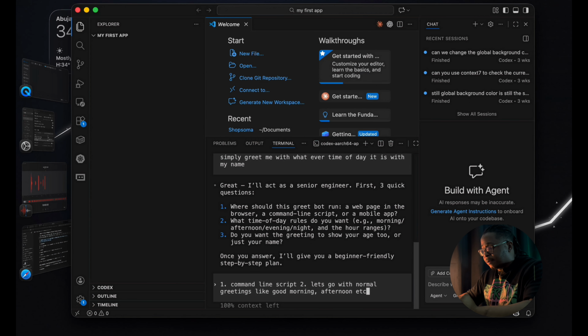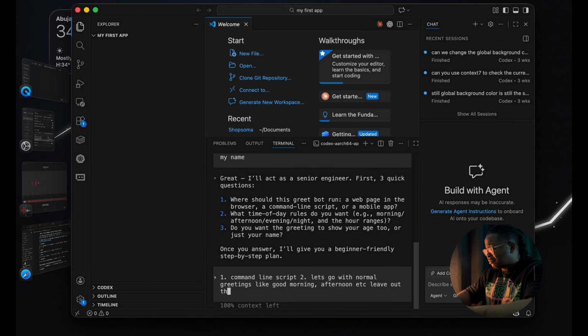So that is fine. And the hour range. So we don't really necessarily need the hour range. So we can just leave that out. Just say leave out the hour range. But if you want that added, that's still fine. That's all in your preference.